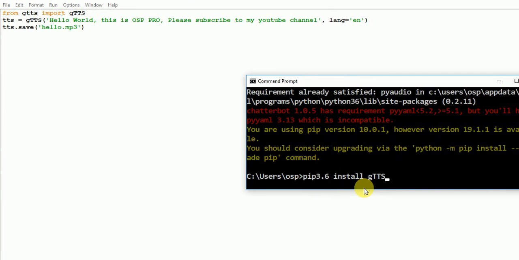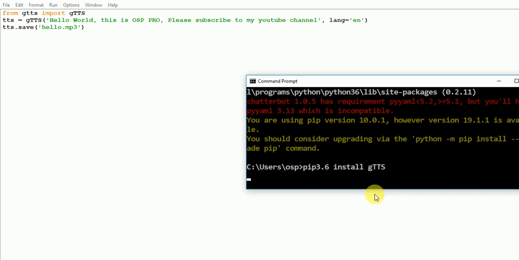gTTS. So we need to find out if this is installed in our machine, the Google Translator, which is going to be translating for us the text to speech. That's it. So make sure at least when you hit enter you should have that installed in your machine. So I already have that. I don't need to run it again or to install another one because I already have it installed. Now after that, the other thing that I have to let you know guys that at least you should be having in your machine is that